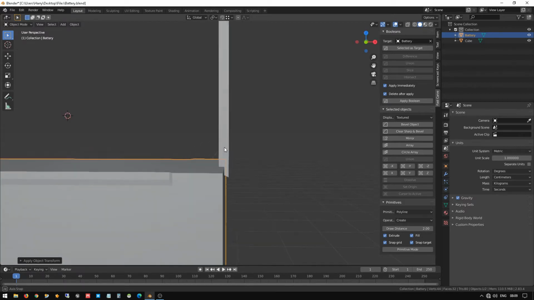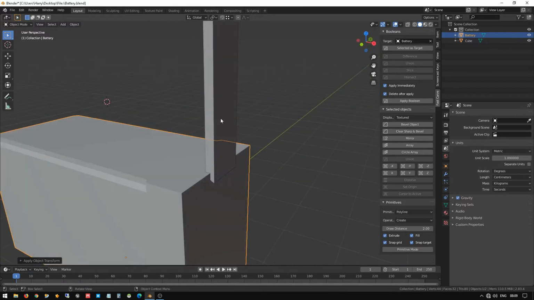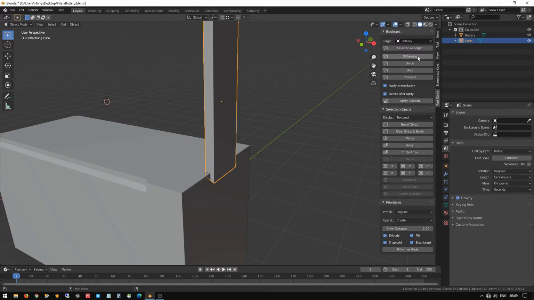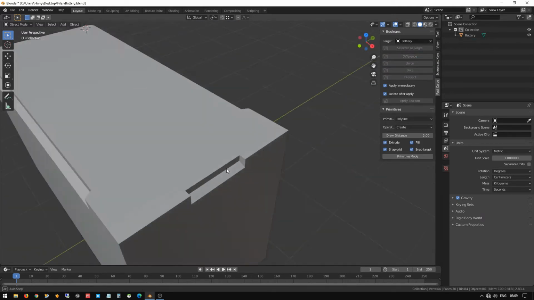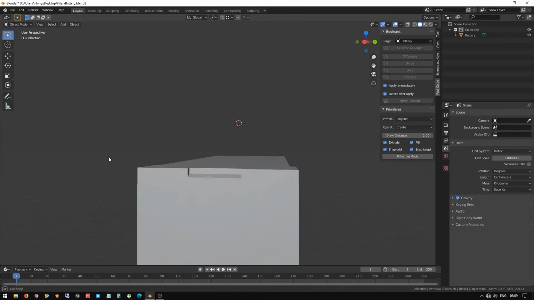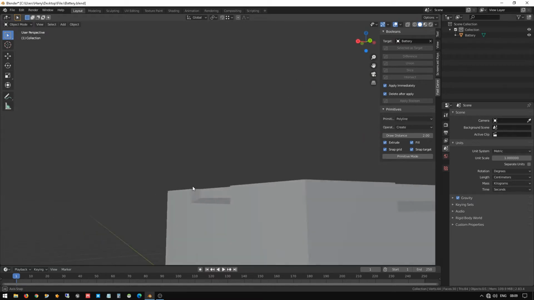Okay, after doing that you can select the object and click the boolean modifier. Once the target is selected for the boolean, it will be selected by default. You can select one more cube object and press difference. Now we can see here one more nice decent curve cut we have got. Okay, so now this design is done.